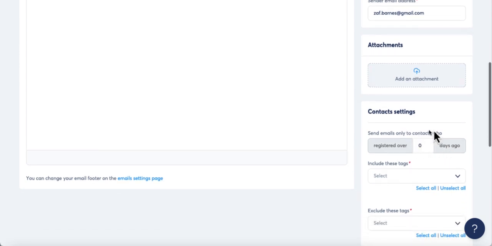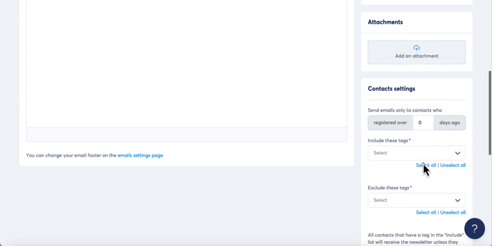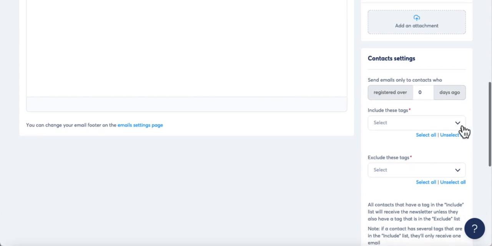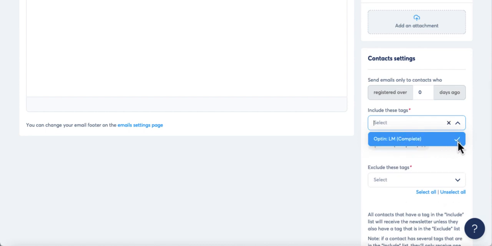Now, if you've got someone already in the email campaign, this will also go out to them unless you select a specific tag, which is Systeme's own way of segmenting your list. So you should click this and see the opt-in complete for the LM, that's the lead magnet. So if I select that one,